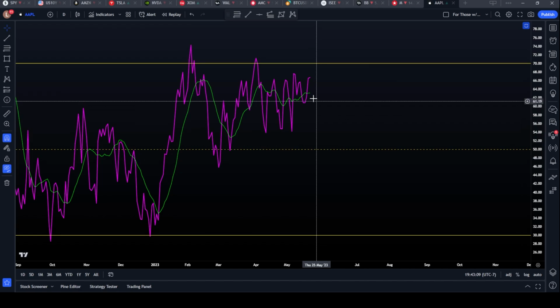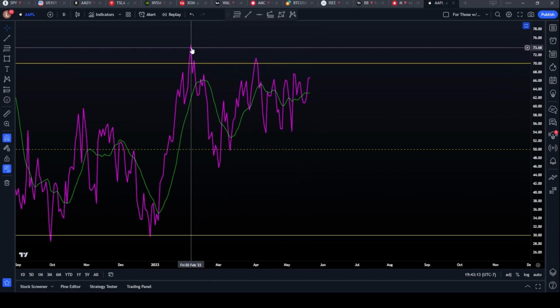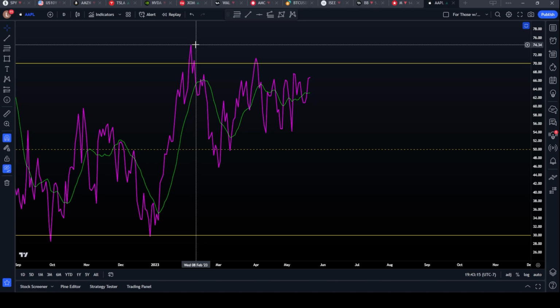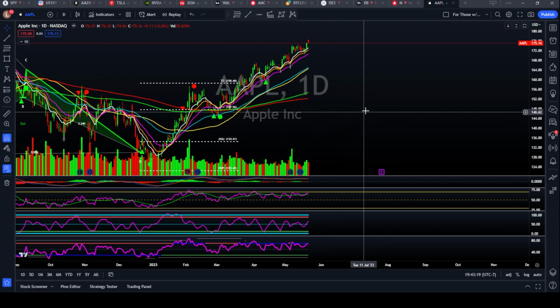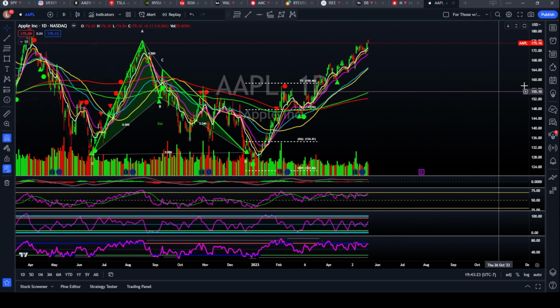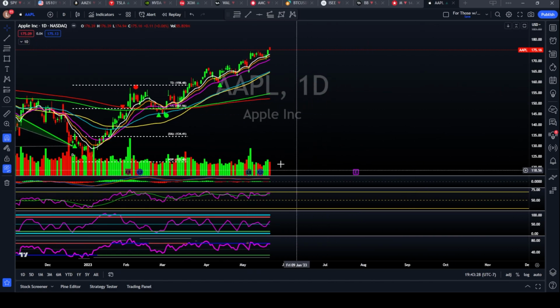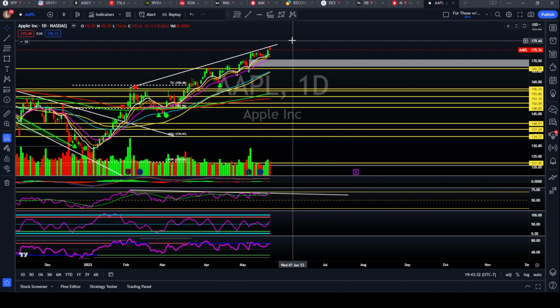Or you can have the RSI continue to push back up above what looks like here 74 and change. So if the RSI gets above 74, 75, the RSI would, in quotations, correct itself, so that RSI divergence would be invalidated. But if it's starting to signal here that the RSI divergence is potentially playing out, we definitely could come